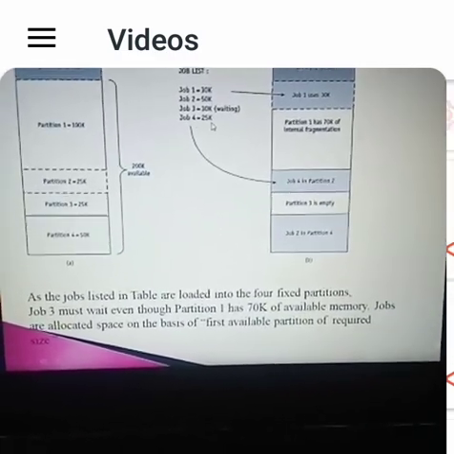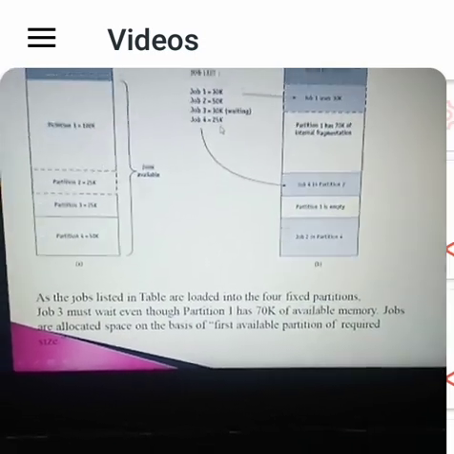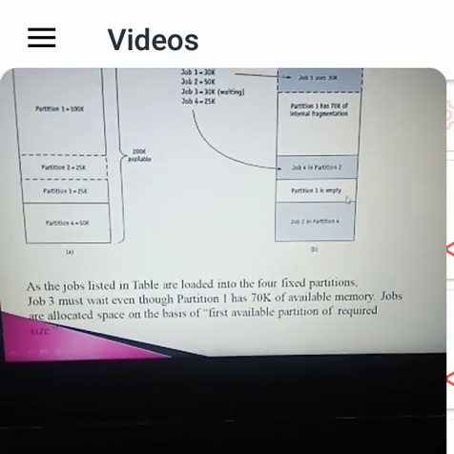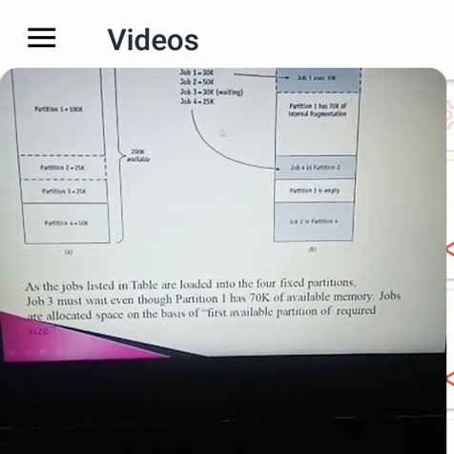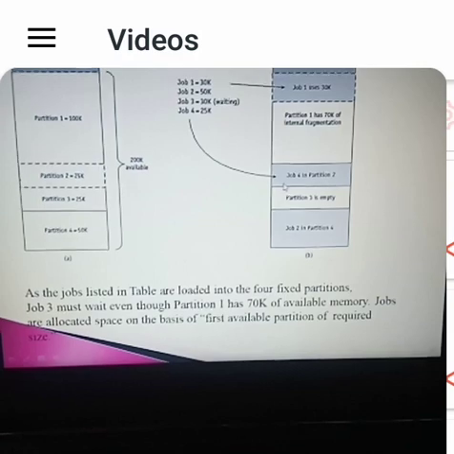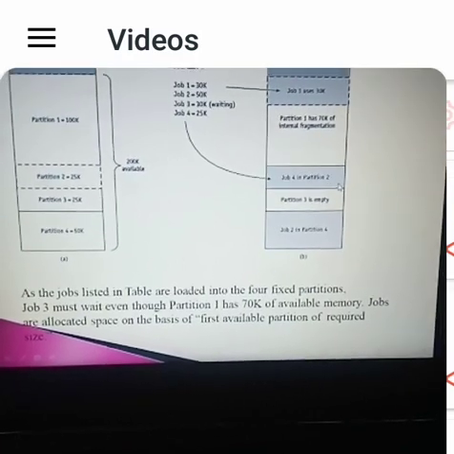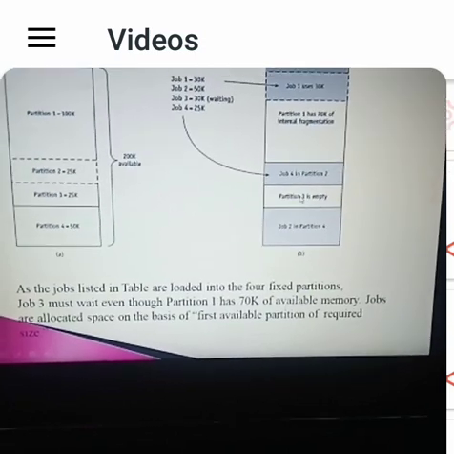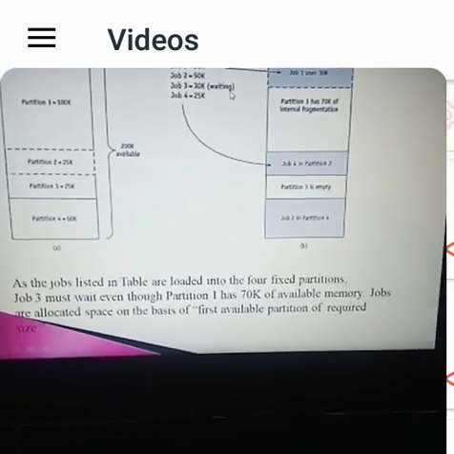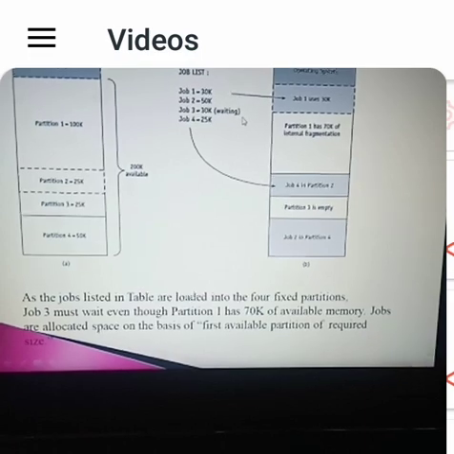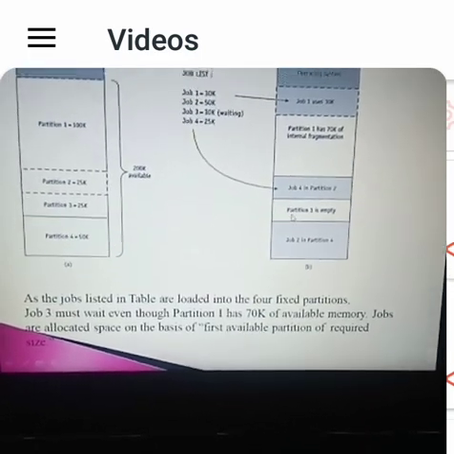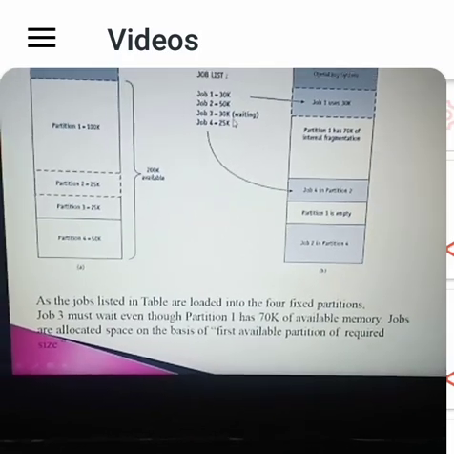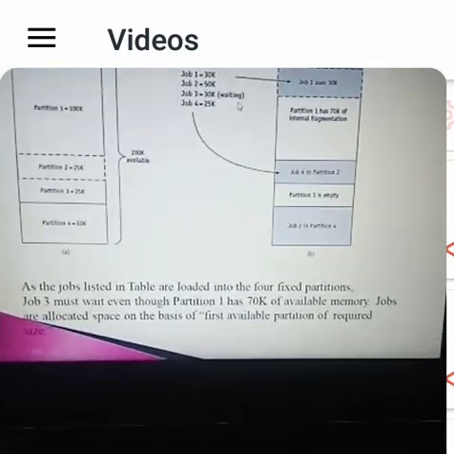Job 4 requires 25K, so it is allocated to partition 2. Partition 3 is empty, but it only has 25K of memory, while job 3 requires 30K, so job 3 stays in a waiting state.